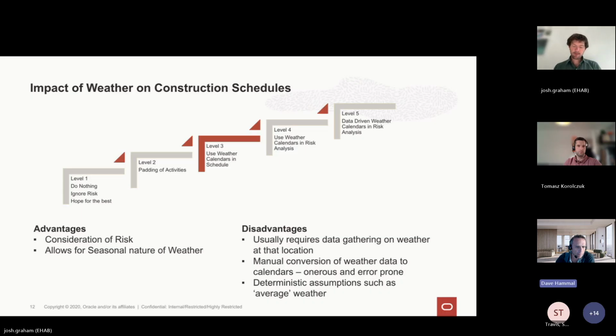But what it did make clear is if you are doing level 3 to the extent that they spell out, the amount of data gathering and manipulation of that data, and doing this conversion from rainfall in millimeters, for example, to how many times it crosses a threshold for the particular type of activity, it's a huge amount of work that is all getting done offline in spreadsheets, and then making sure that they marry up to the correct calendars on the correct activities. It's just quite a lot of offline processing, right?